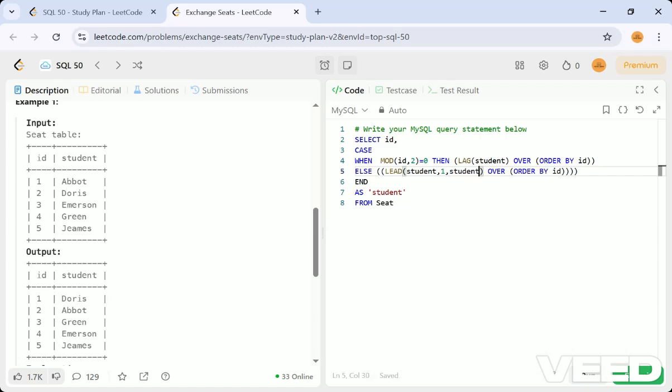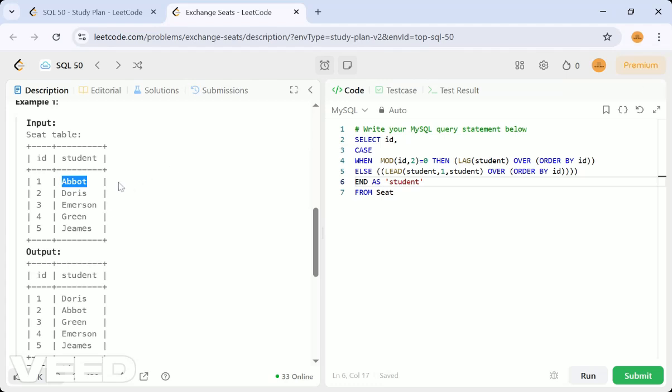We have to get the next record, and then again student only, over order by id, and end as student. So by this case condition we are just swapping the lead and lag student names.